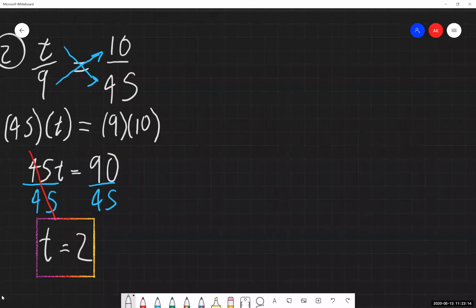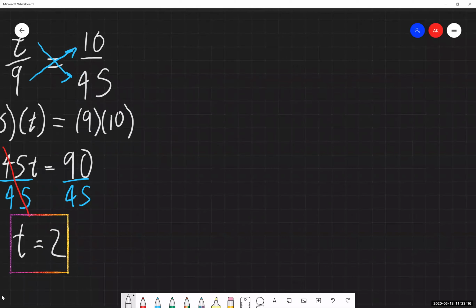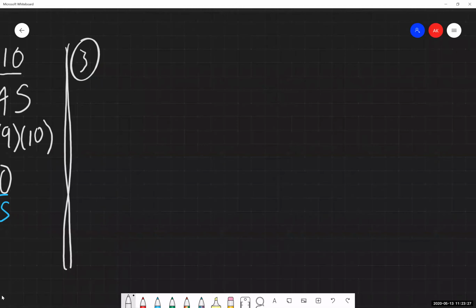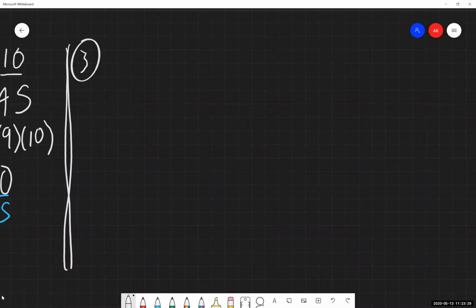So again, I think this process, once we do the setup, once we have a fraction equals a fraction, is fairly straightforward, and we're seeing that based on the problems that we're getting and our process once we have cross multiplied, we're basically using the material that we learned from previous chapters and just applying it here now. So our third example that we have, and this is when I wanted to see some of the weirder ones that show up, but very important that we do see this. So I wanted to go through it.